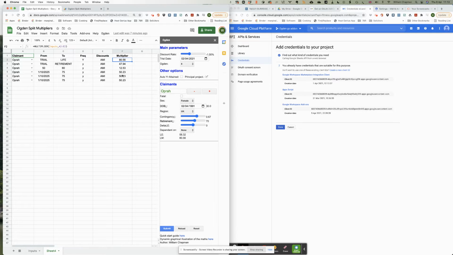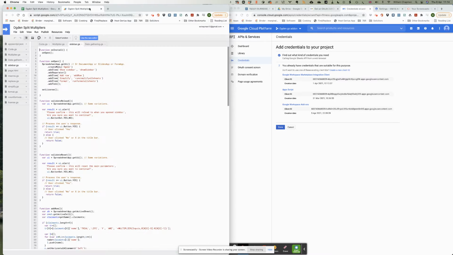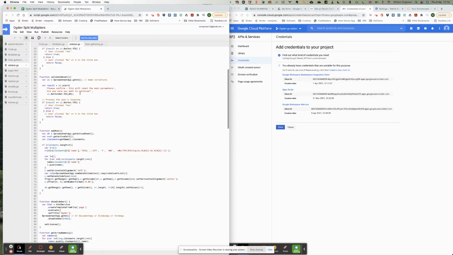Essentially, this is simply a custom function which has two inputs. This input here, which is simply to trigger an update of the function, and these inputs here, which are from the spreadsheet. It also takes inputs from the sidebar, which are stored in the spreadsheet, the user spreadsheet here. And if we scroll down, you can see